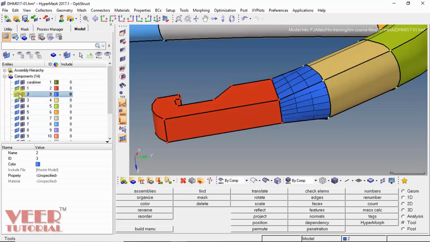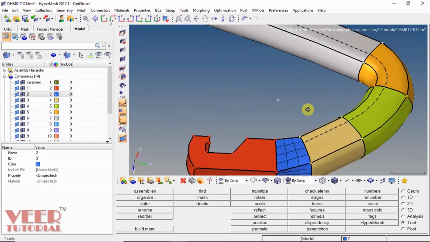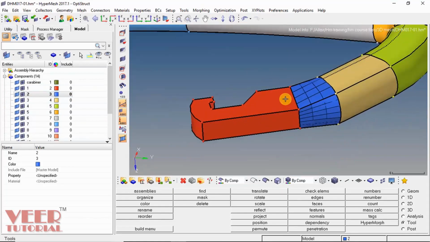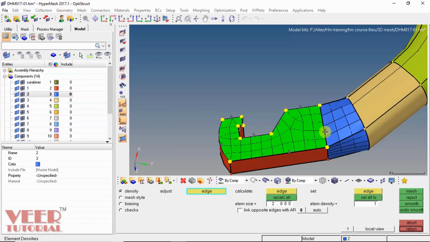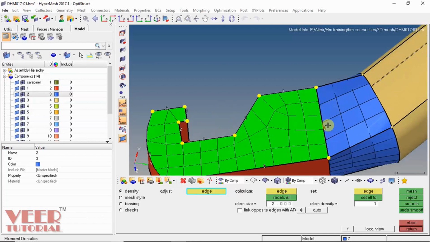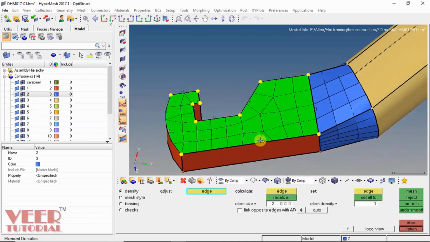Since now we have done the meshing on this component 2, we can do the meshing on this component 1. So to do the mesh, I go to auto mesh and click on this surface, top surface, mesh. Number of elements, we have to make sure it is well connected. So number of elements, make it 4. And then just keep on changing the number of elements to make it a better mesh. Right now I am not worrying about the quality of mesh.